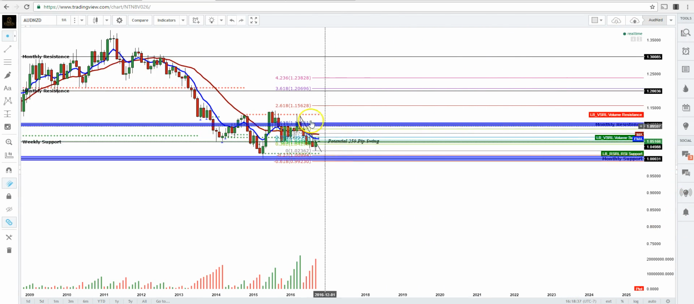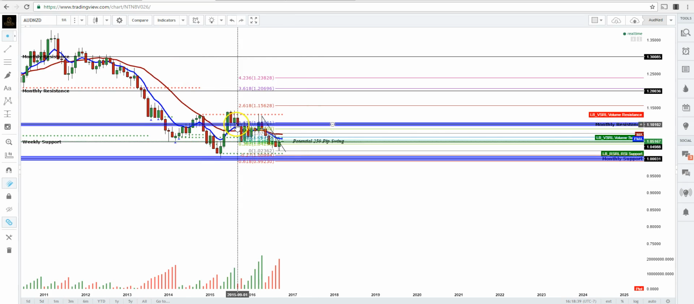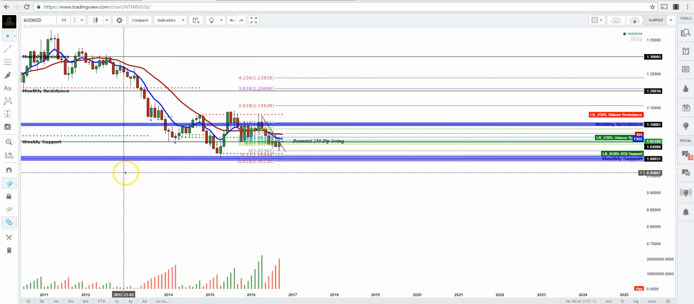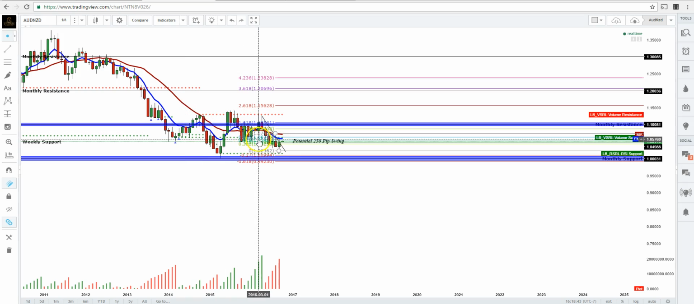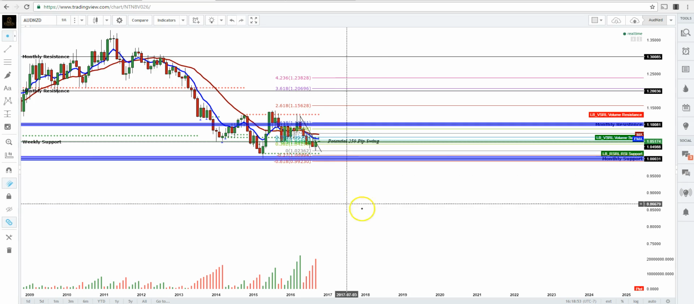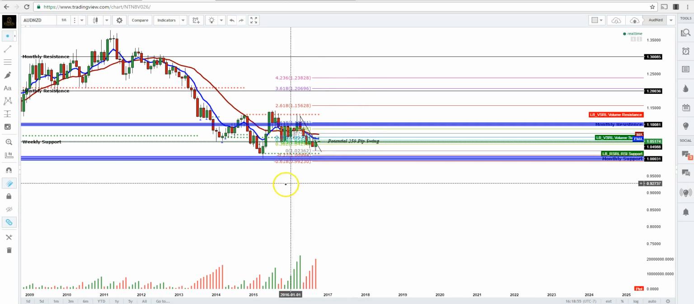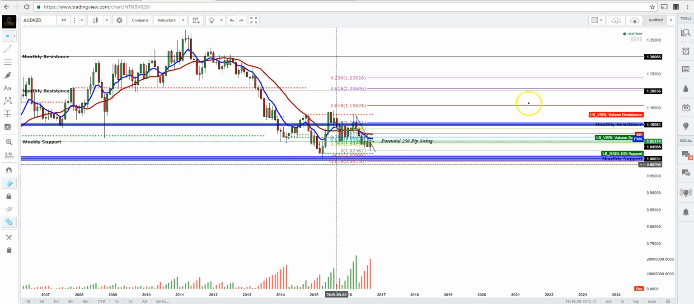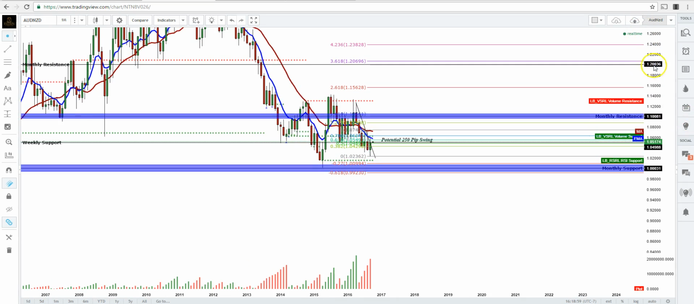monthly time frame, we have been ranging for quite some time. Okay, and we broke below monthly support here at the 1.100 level, and our support level is 1.00 flat. Okay, so what I'm looking at here is that